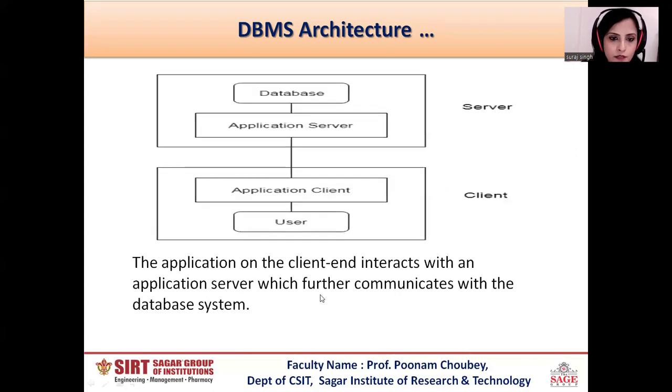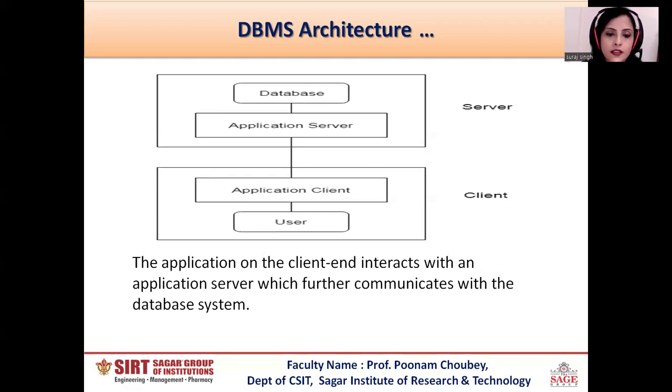So here is another diagram for the database, the application server, the application client and the user. In the diagram, we can easily see that in the three-tier architecture, the user and the database are not directly connected. The application client and the application server part are also included in the diagram.